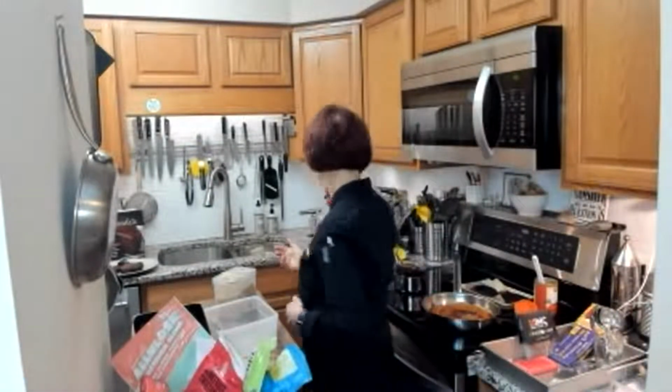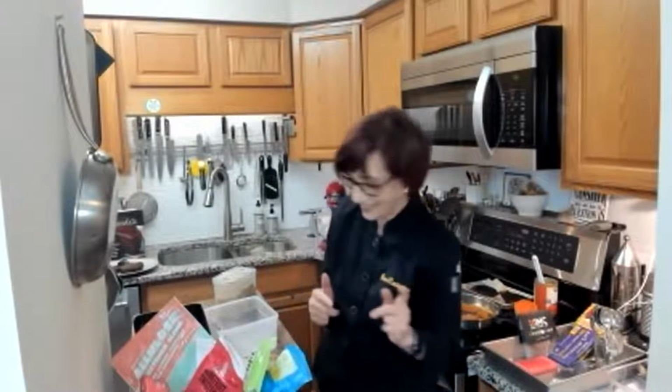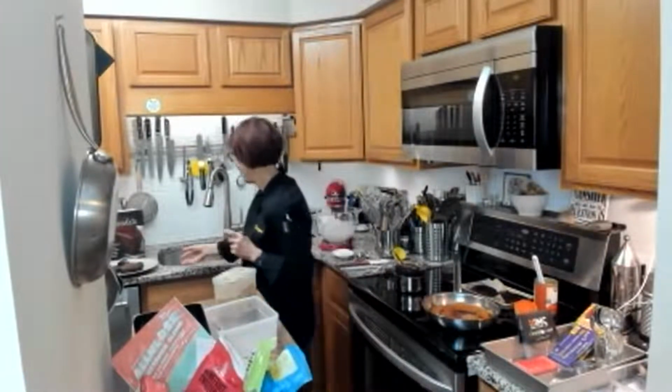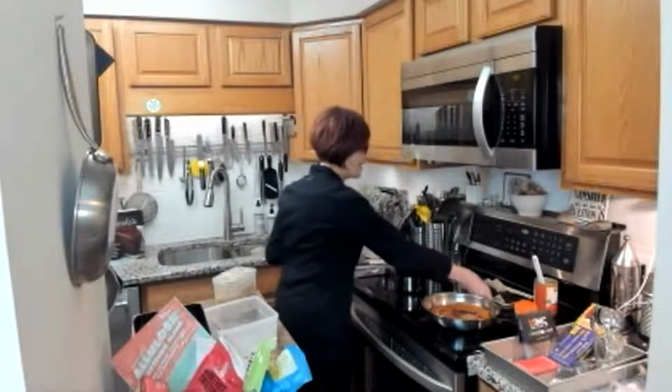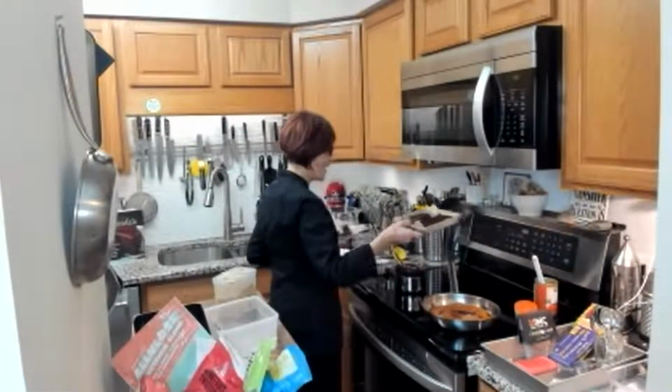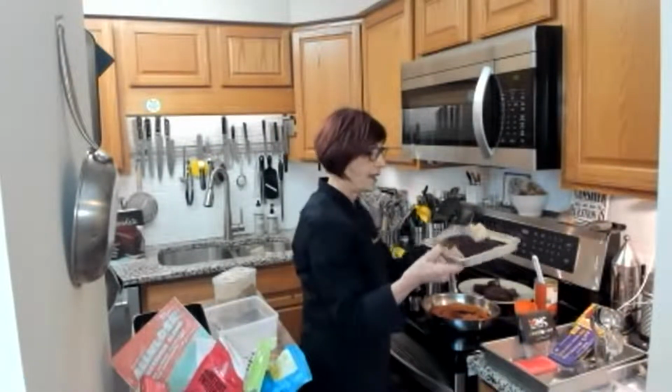Now, I wasn't going to make a whole cake, but this is the cake that I divided by quarter. And it is here somewhere. I know it is. This is hilarious. Oh, here it is. This is getting a little bit like I Love Lucy. All right. So this is one quarter of my chocolate cake to live for,